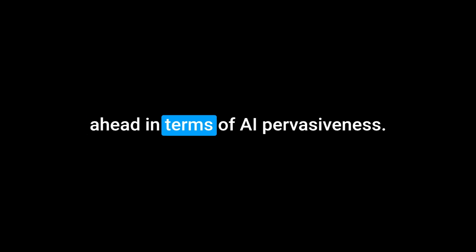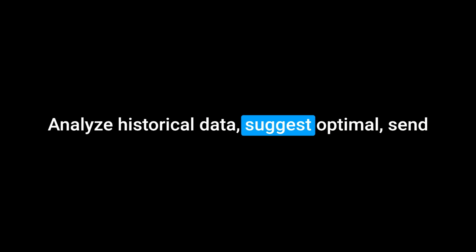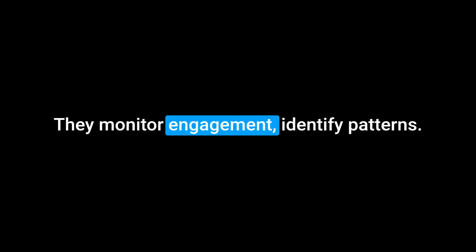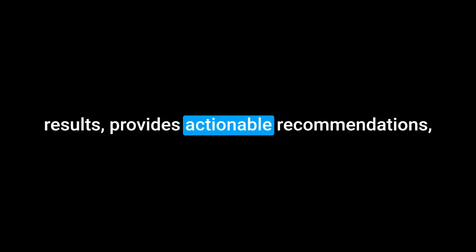Beyond just content. This is where Aweber really pulls ahead in terms of AI pervasiveness. They have AI agents for marketing campaign management. What do those do? Analyze historical data, suggest optimal send times, subject line improvements, content ideas. They monitor engagement, identify patterns. It's like having an AI analyst. Wow. And AI and A/B testing. Yep. Helps set up sophisticated tests, analyzes results, provides actionable recommendations, tracks KPIs, generates reports, even campaign performance optimization, continuously